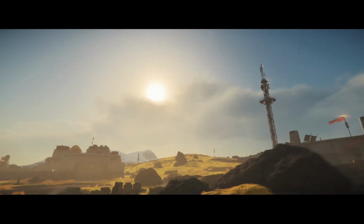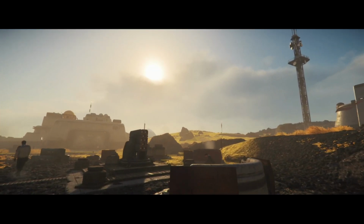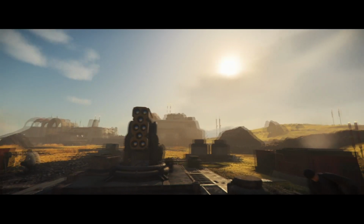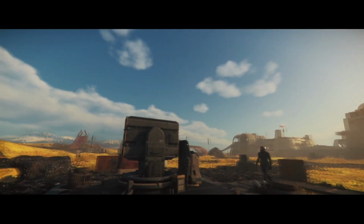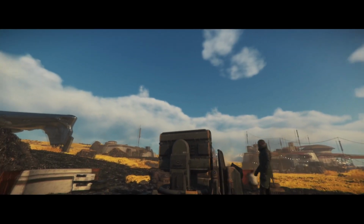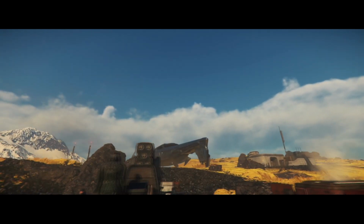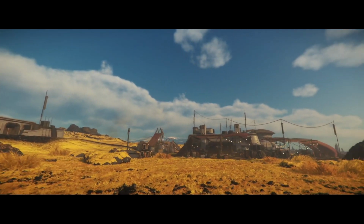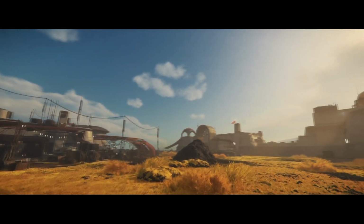And what we're seeing here is first boots on the ground, on Pyro. I think it looks great, especially in contrast to what we're seeing here, which is actual AI on the terrain, walking about, going about their business. And is that an AA turret there? It is. And radio comms towers and all these other elements that we want to make sure are interactive for the player and allows them